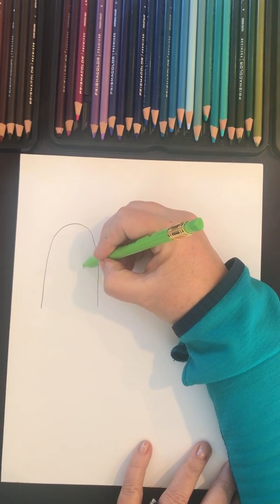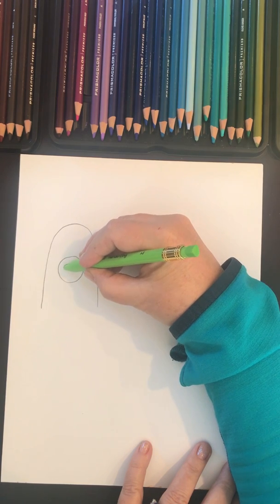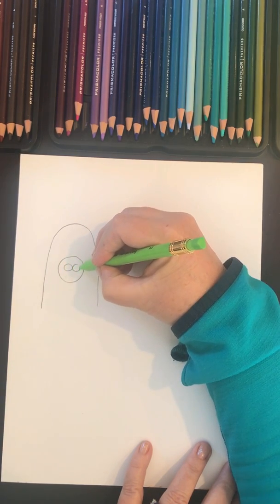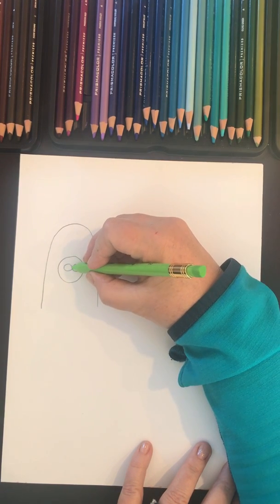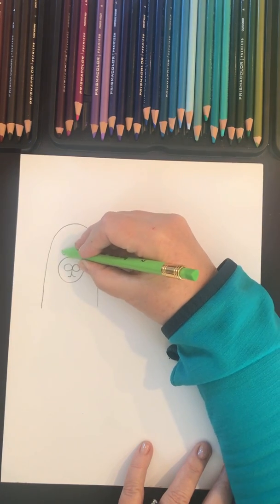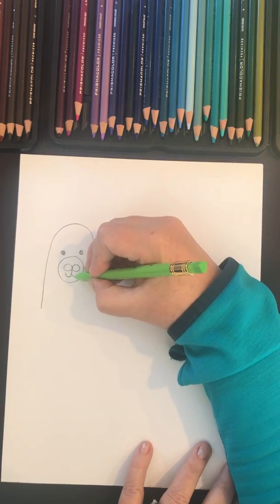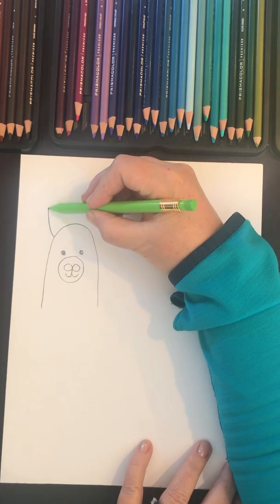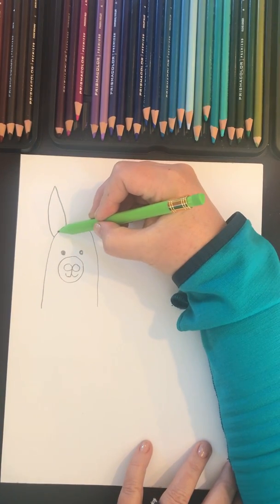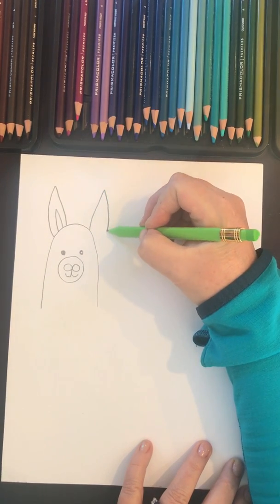So let's go ahead and start his face in there. I'm going to start with a circle for his little snout area. Inside here, I'm going to do an oval and an oval that touch in the middle. It looks like a sideways 8 or an infinity symbol, or a lazy 8, some people call it. Then I'm just going to give him a little mouth like that. And I'm going to draw 2 eyes up here. I'm going to make him look a little happier. There you go. Okay, then I'm going to give him his ears. I'm going to give him 2 really long ears with the inside parts. So 2 long ears,